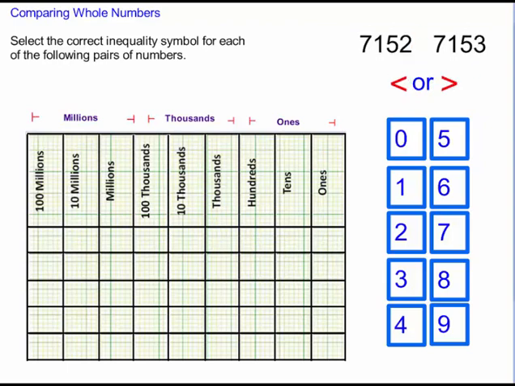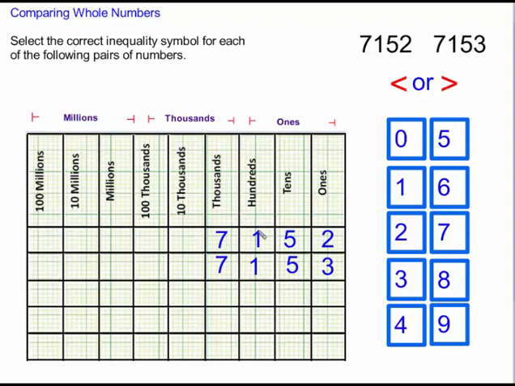To help me determine whether the number on the left is bigger or smaller than the number on the right, I'm going to make a copy of those 4 digits into the chart. Repeat for the second number, 7,153. To find which one's larger, always start with the leftmost column and compare the value of the digits. This digit is a 7 and this digit is a 7, so they're the same, so I need to move